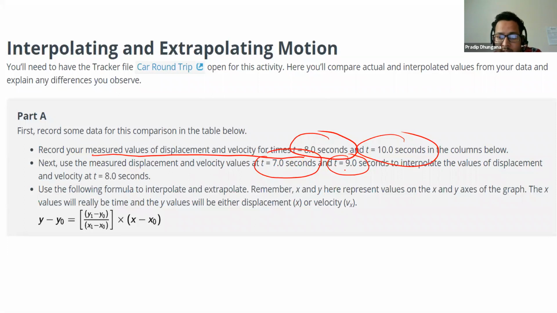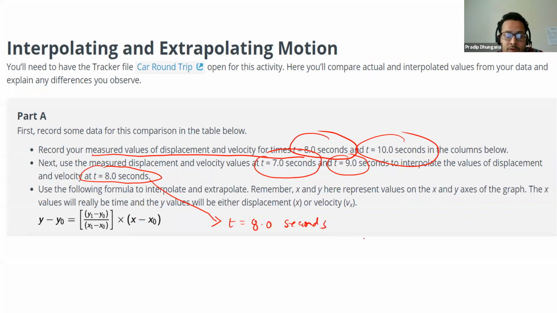Okay, and using those 7 and 9 seconds, interpolate the values of displacement and velocity at t equal to 8 seconds. So for t equal to 8 seconds, we have to find displacement and velocity again using interpolation. How do we do that one? Okay, I'll go through that one later. So for 8 seconds, let me write it here. At t equal to 8 seconds,